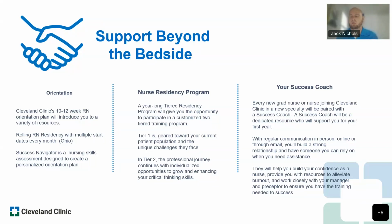First things first is our orientation. And actually, backtrack 1 second. Before you even get set up for orientation, we set you up with